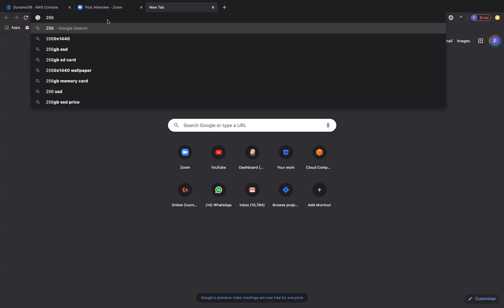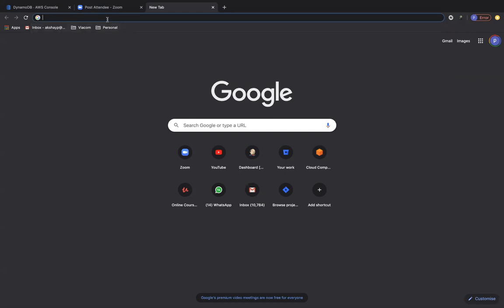But if you're going with eventual consistency, you will need only 128 read capacity units, because for every 4 KB per second, you'll have to calculate. But for write capacity units, if you're writing 1 MB of data per second, which is 1024 kilobytes per second, and your write capacity units can support only up to 1 KB per second, then you will need at least 1024 write capacity units in order to write 1024 KB of data per second, right?